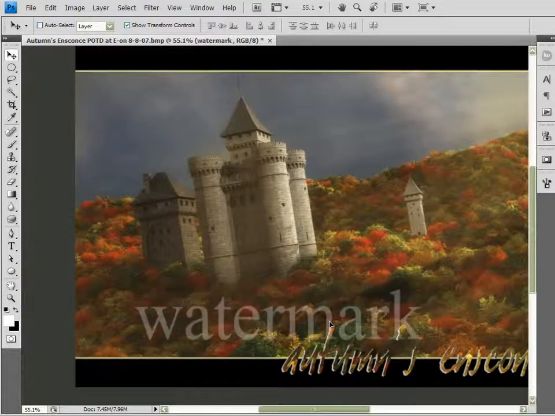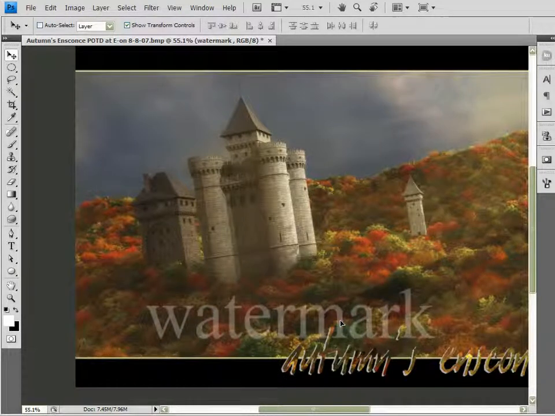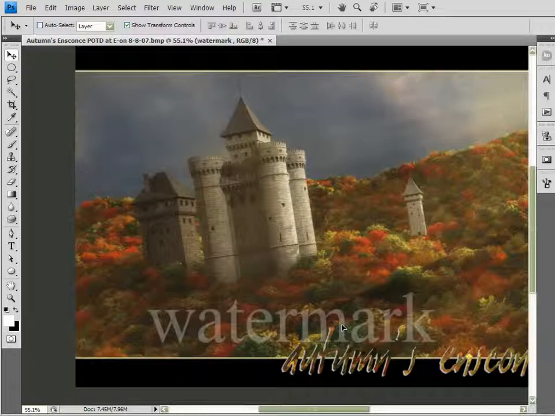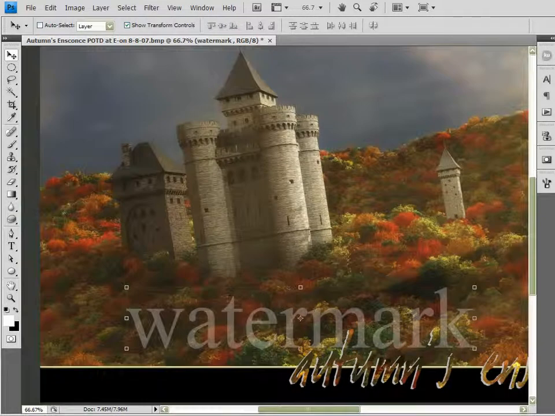The reason why is, and I'm not going to get into removing a watermark, that would run counter to the purpose of this tutorial, but I will say this: to remove a watermark you can either use your cloning tools or your spot healing brush, and another way is to simply